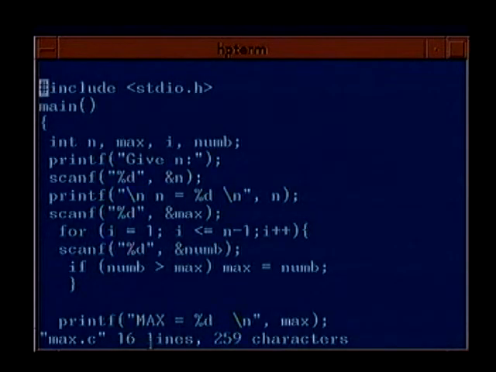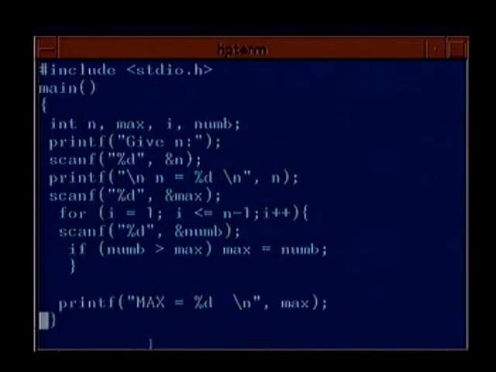This is the program that we had written to find the maximum of n numbers. If you will recall, this was the program in which we declared integers n, max, i and num. You asked to give the value of n, then you read n, you printed n, then you read in the first number and you initialized it to the variable max.